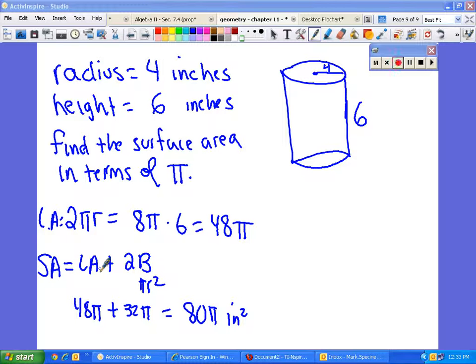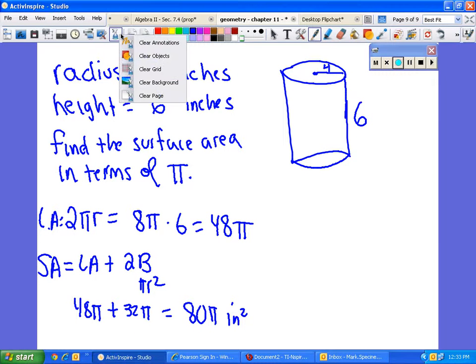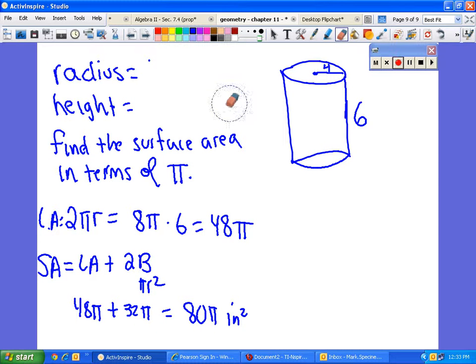You say 6? The radius is 4, right? So 4 is 4, 8. All right. So here's what I'd like you to do. Okay, I'd like you to do a problem